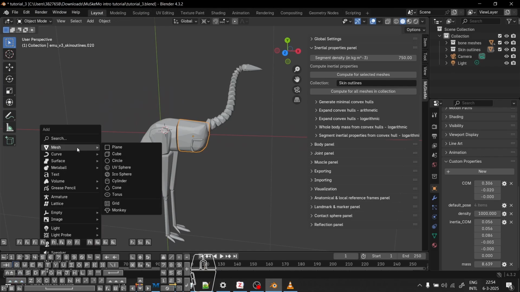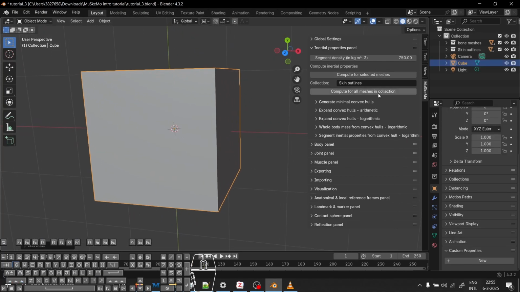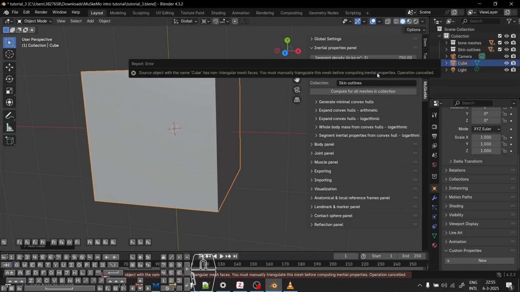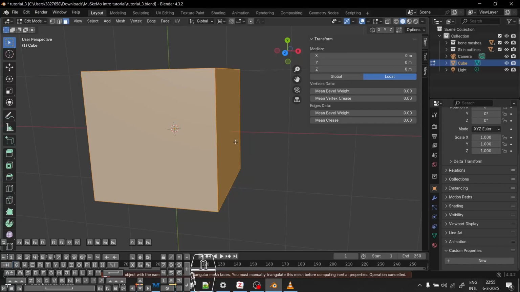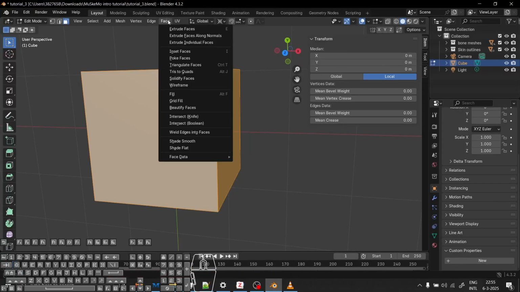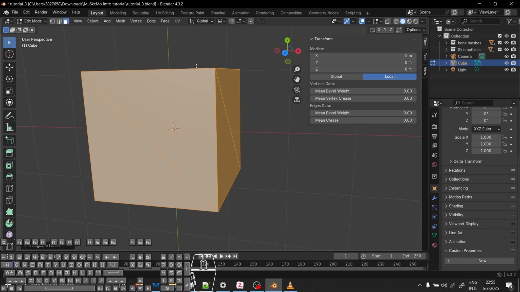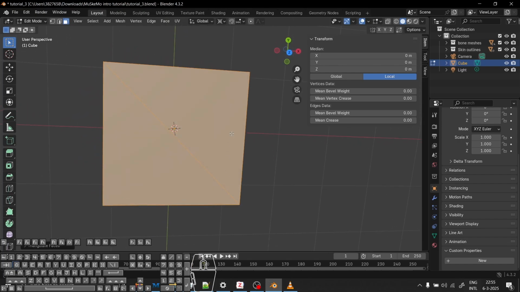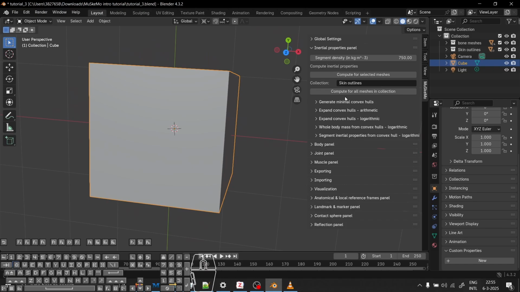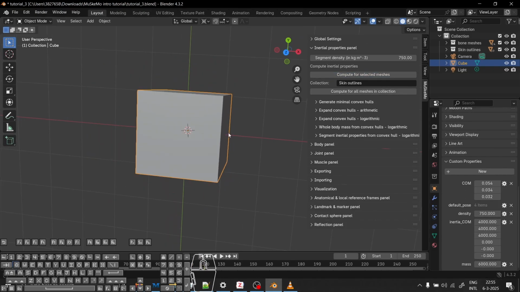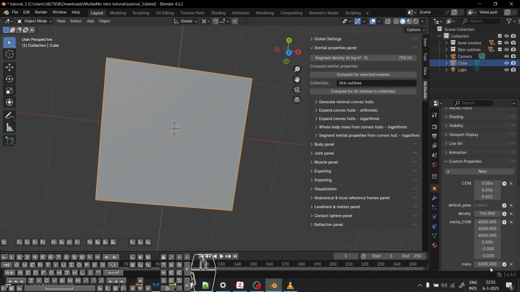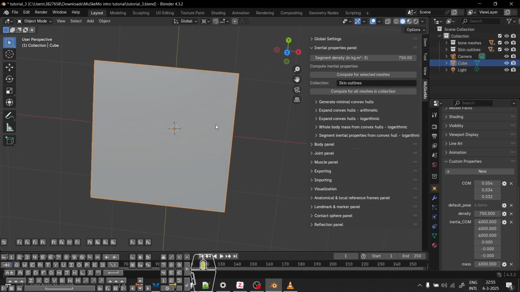So if we undo this, the other issue is if your mesh is not triangulated. For instance, this cube here, if I want to compute the inertial properties, it will say that it's not triangular. This is easy to fix. You just go into tab, select all, and then under faces, hit triangulate faces. Now you can see that they're no longer squares, but they're triangles. Now I can compute the inertial properties, and you'll see here that this cube would weigh 6,000 kilos if its density was 750